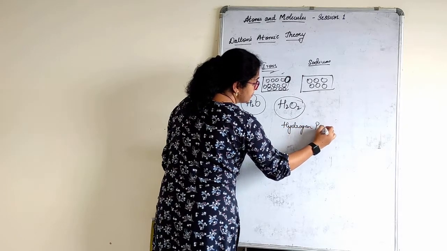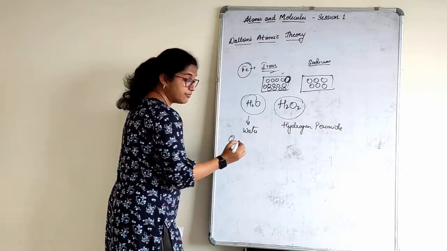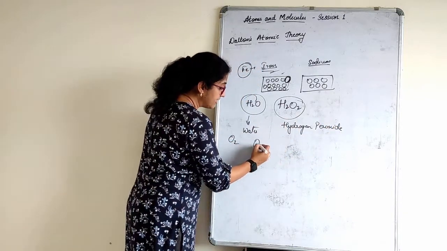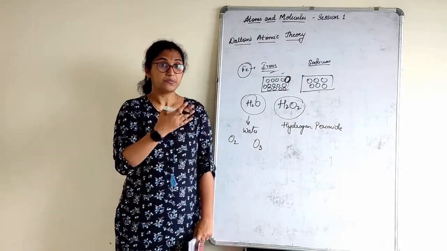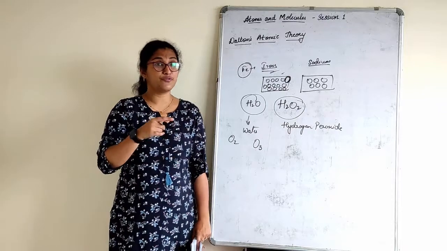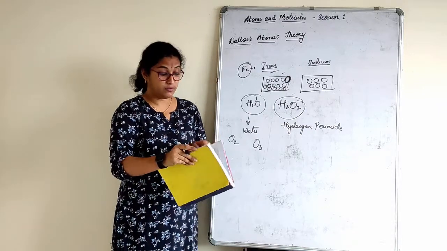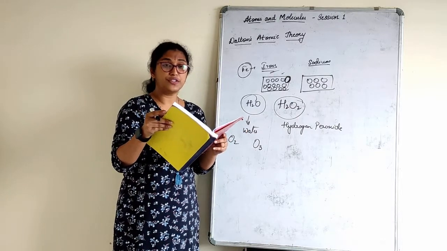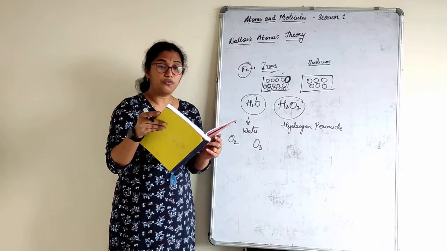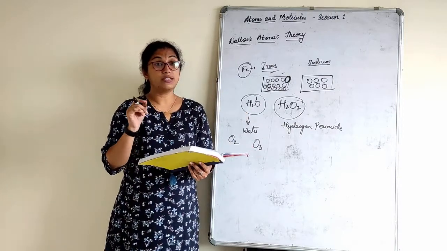hydrogen peroxide. Now you have studied, this is oxygen, O2, where 2 are there. If I add 3, is this oxygen again? No, it is ozone, right? That is how the ozone layer is formed. We have studied that in a chapter in science, right? So similarly here, what they mean is atoms combine in the ratio of a small whole number to form a compound, according to the law of constant proportion.